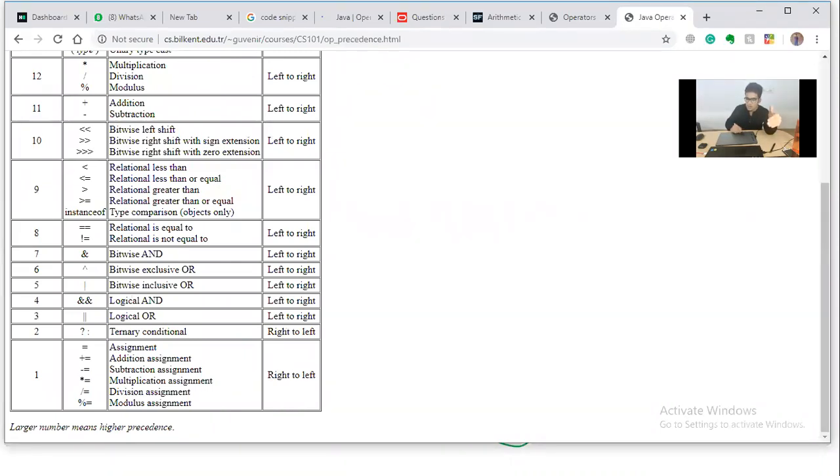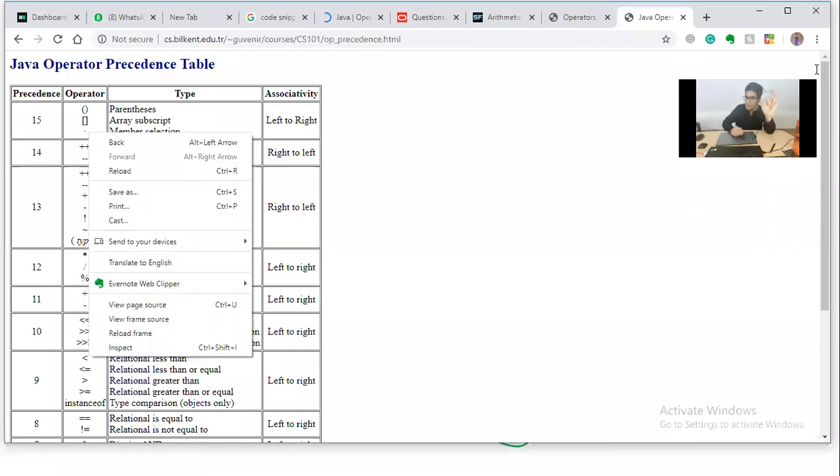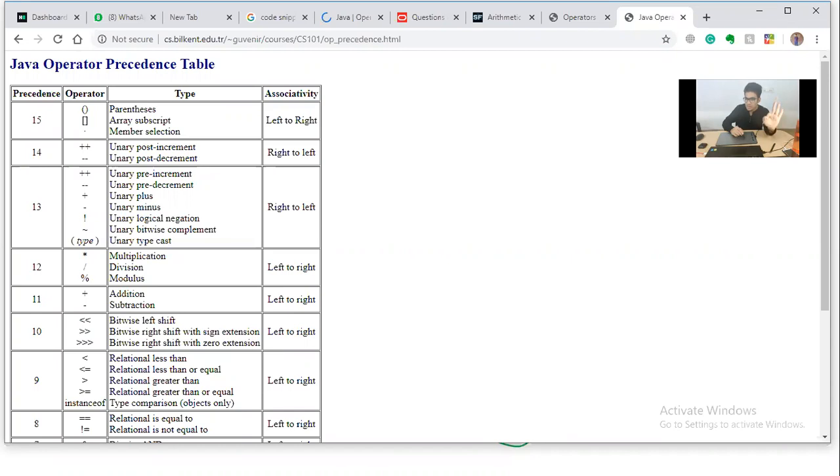The ternary operator I will tell about. Then logical operators, yes, all these have the lowest precedence. Which has the highest precedence? This much here. Parenthesis, brackets, and the dot operator have the highest precedence. After which come the increment operators. Then come multiplication and division. So these are the things which are difficult to learn by heart.